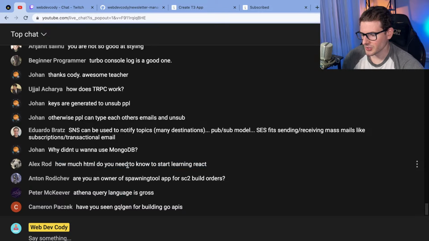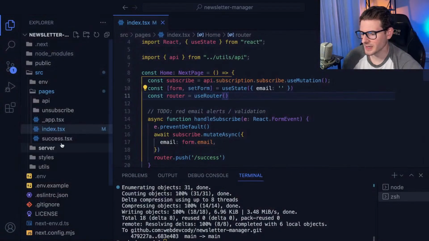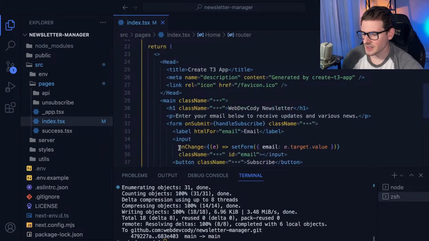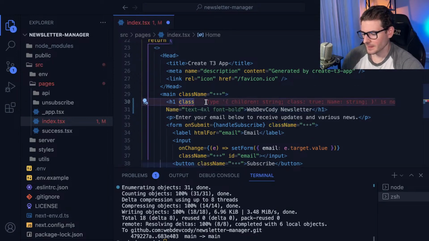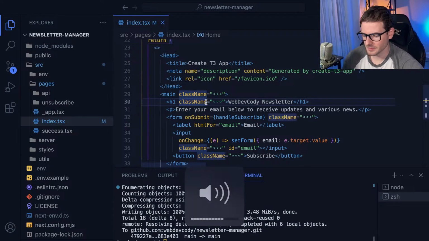How much HTML do you need to know to start learning React? I mean, you need to understand the nesting of HTML, probably some of the main properties like HTML for, class name. These are Reactified, JSXified properties. The real property is called class, not class name. What am I doing?